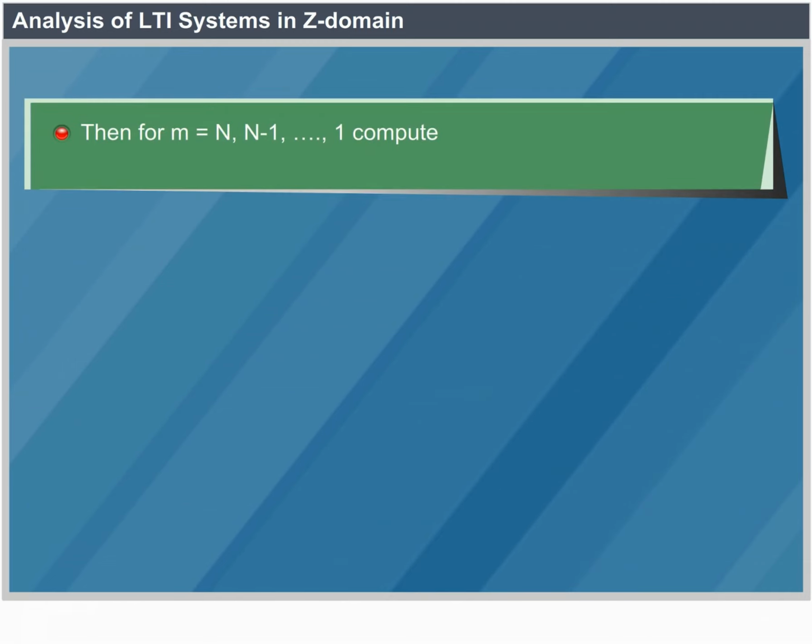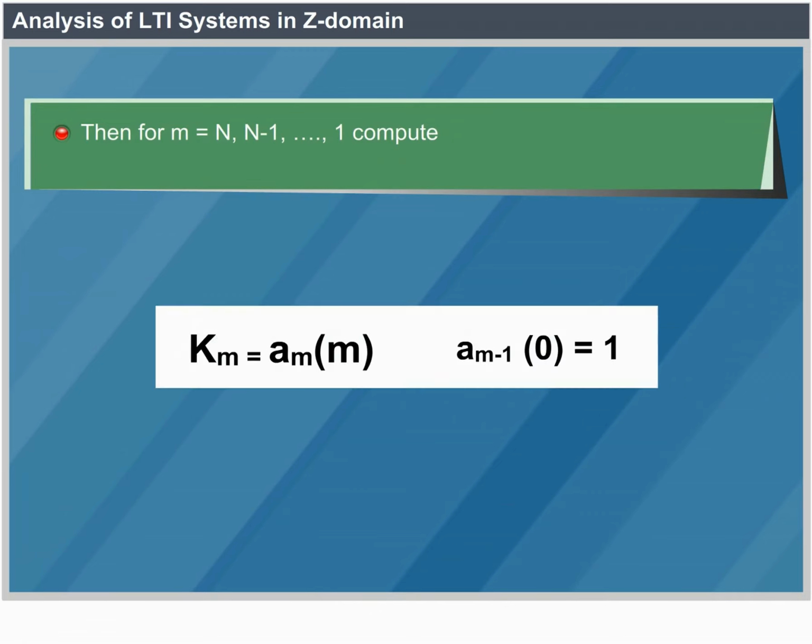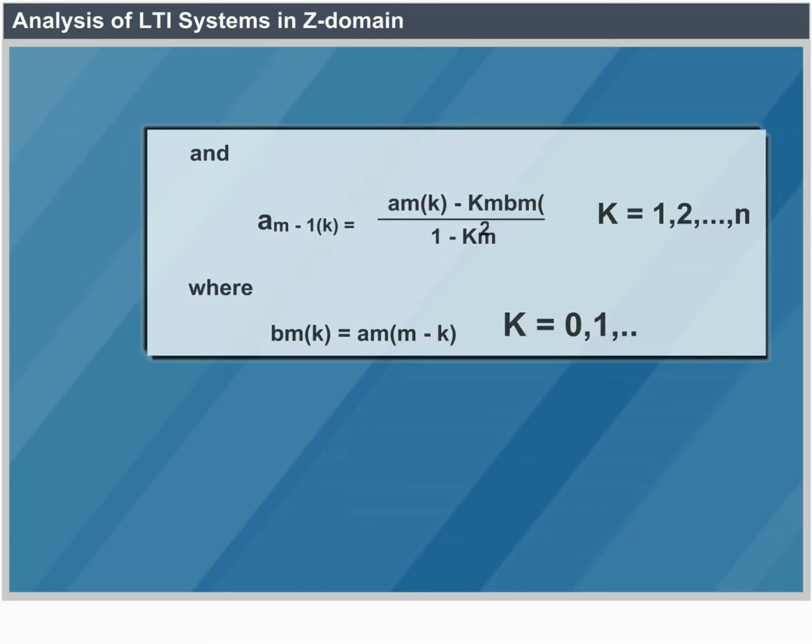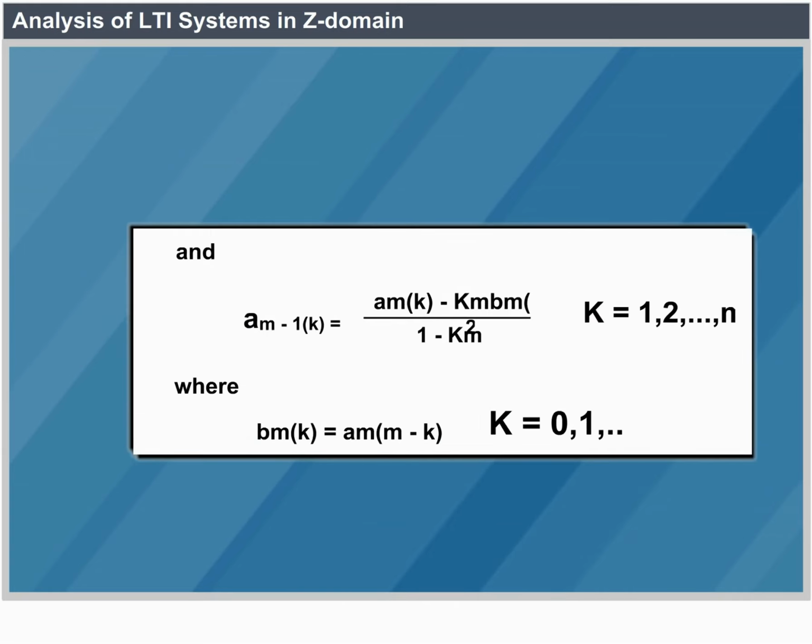Then for m equal to N, N minus 1, etc. 1, compute K_m equal to A_m(m) and A_(m-1)(0) equal to 1, and A_(m-1)(k) equal to [A_m(k) minus K_m B_m(k)] divided by [1 minus K_m square], where k equal to 1 to m minus 1, where B_m(k) equal to A_m(m-k), where k equal to 0, 1,